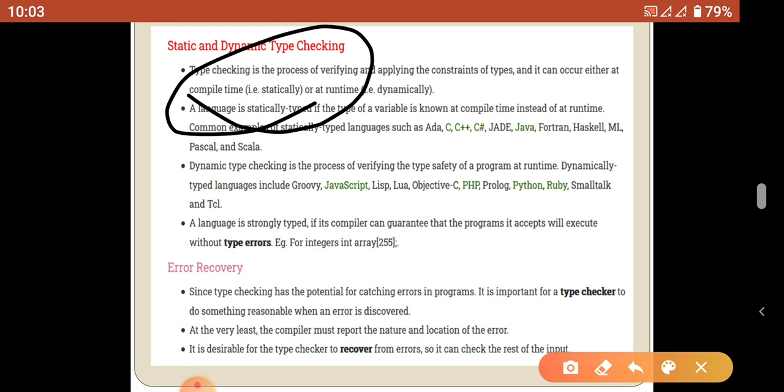And also publish the complete information about the error to the programmer: which line the error is present on, which kind of error, the type of error. So this kind of information is passed to the user from the error handler. And additionally, the semantic analyzer passes the information to the error handler to perform recovery actions.